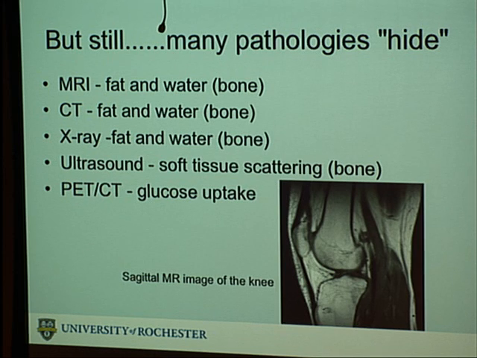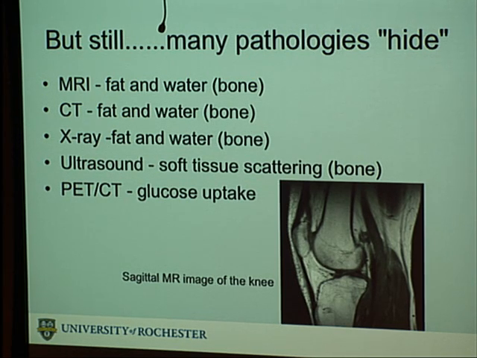And the reason for that, we're not going to go into all the details of it, but each modality has its peculiar